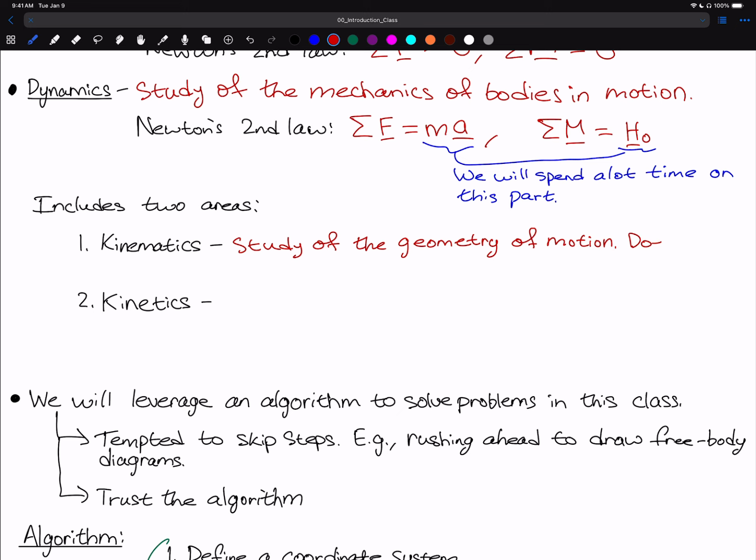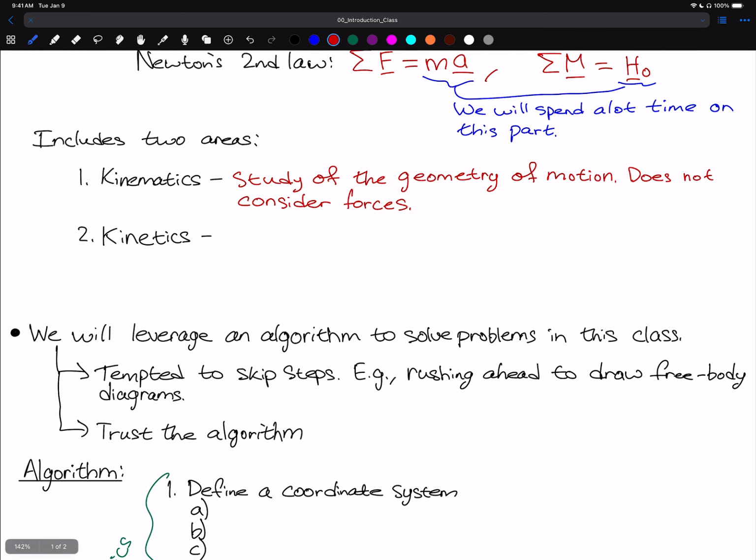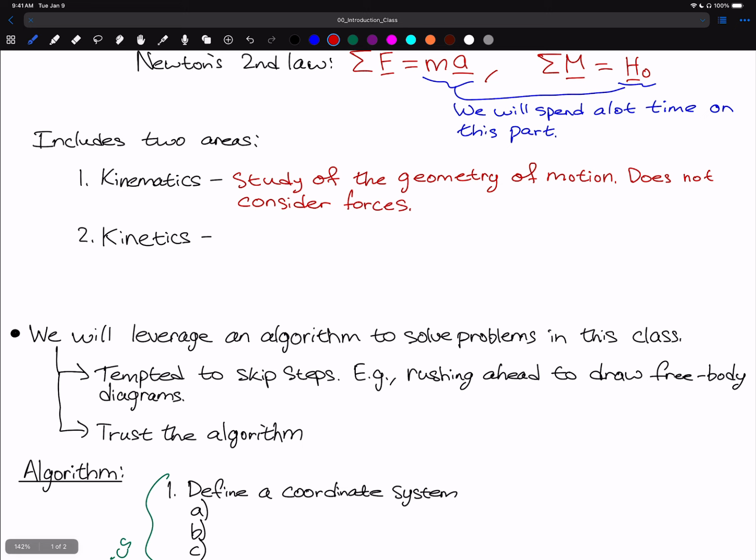And here we do not consider forces. So kinematics is purely on the geometry of the motion and is not concerned with any of the forces acting on a body. And then kinetics is the study